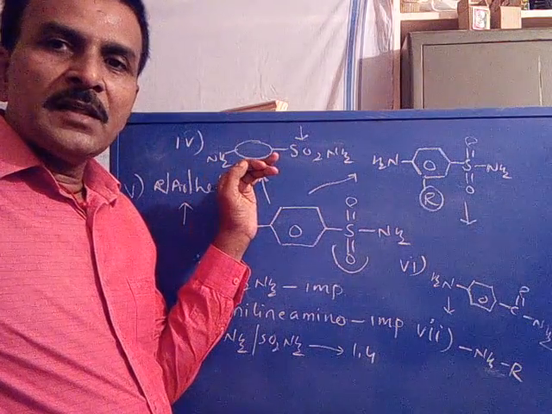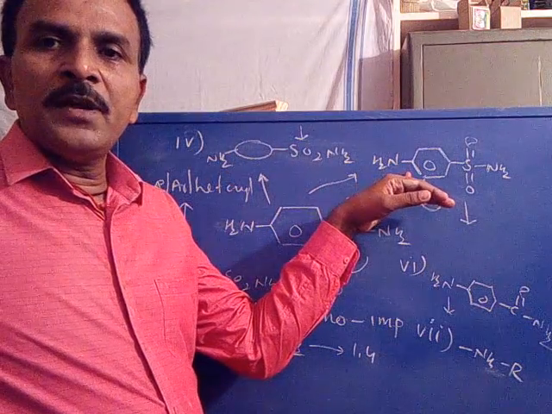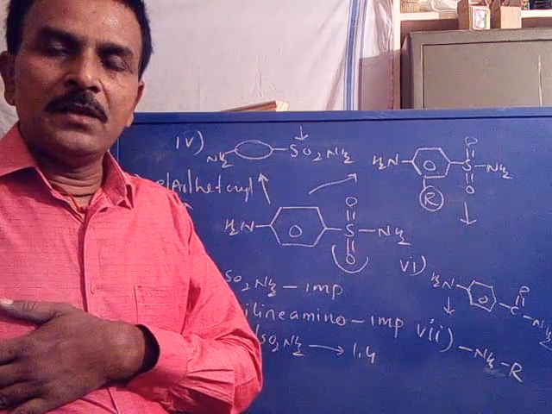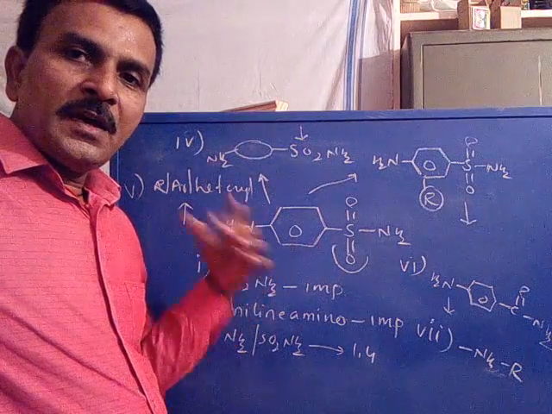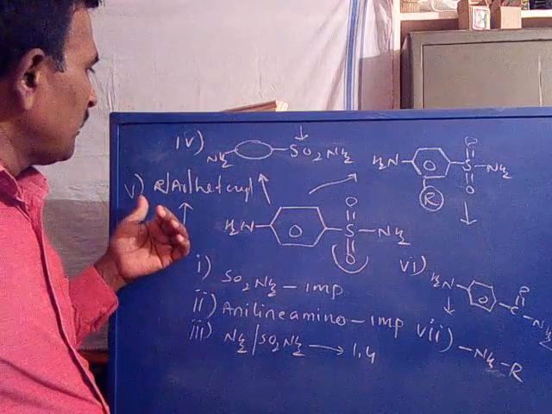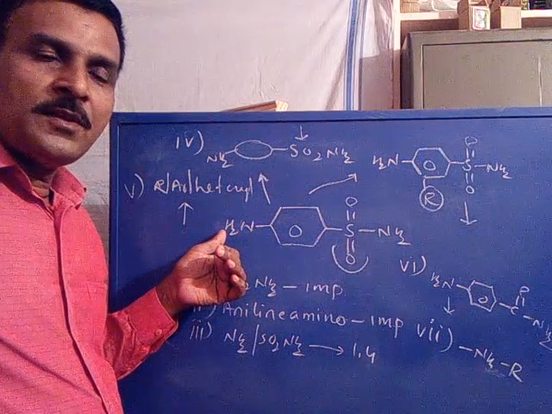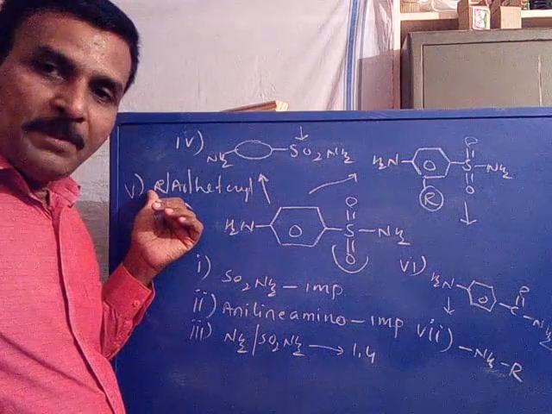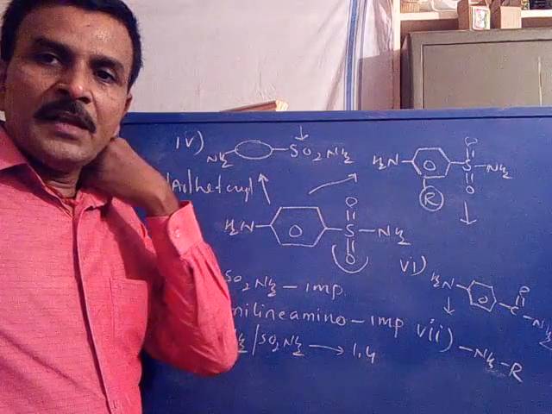Now the fourth guideline: replacement of benzene by another ring loses the activity or decreases the activity, or sometimes replacement of hydrogen of benzene with alkyl again loses or decreases the activity. So we should not change the benzene ring, either by replacement of the benzene ring or by substitution of the benzene ring. Is it clear? Now coming to the fifth one: the aniline amino hydrogen, that is the hydrogen on the nitrogen of the aniline amino group, may be replaced by alkyl or aryl or heteryl, which somewhat improves the activity.